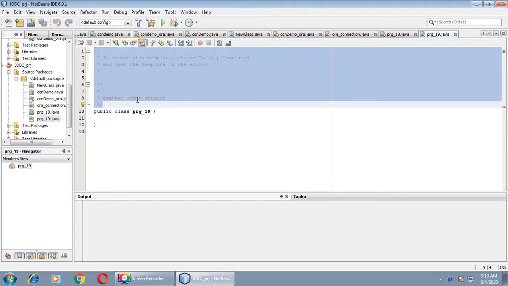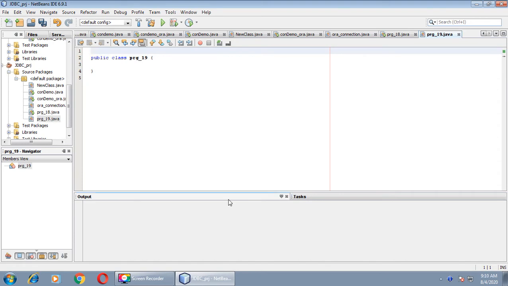Delete this commented portion and start typing import java.sql. This package is required for our program. As you know that this package is most important for our all JDBC connection projects, right?